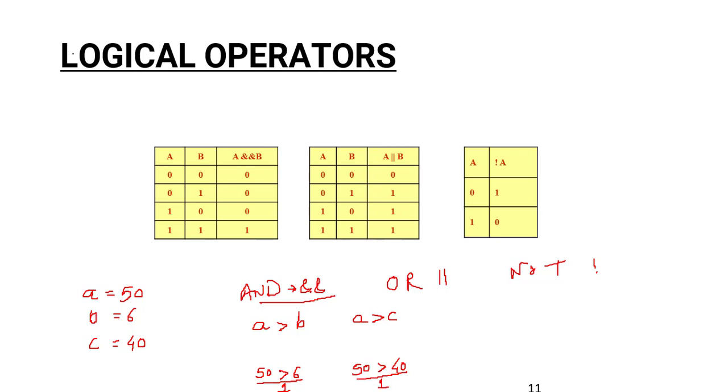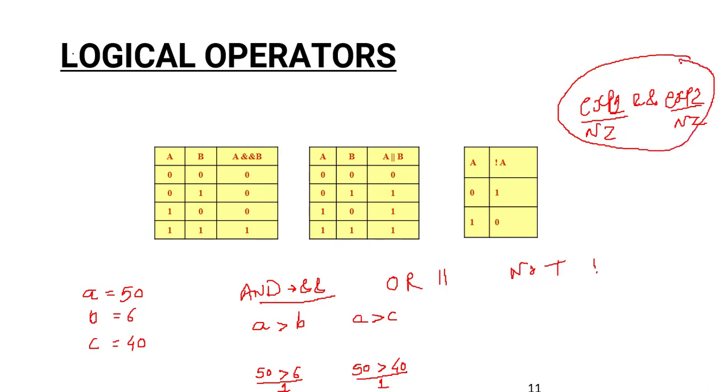Now, logical AND says that if I have an expression 1, and I put logical AND, and I have an expression 2, the logical AND says that if expression 1 is true, that is non-zero, and if expression 2 is true, that is non-zero, then and then the outcome of this entire expression will be true, that is non-zero. If the first one is non-zero, that is true, and the second one is also non-zero, then this combined expression will be non-zero. Otherwise, in all cases, it's going to be a 0.